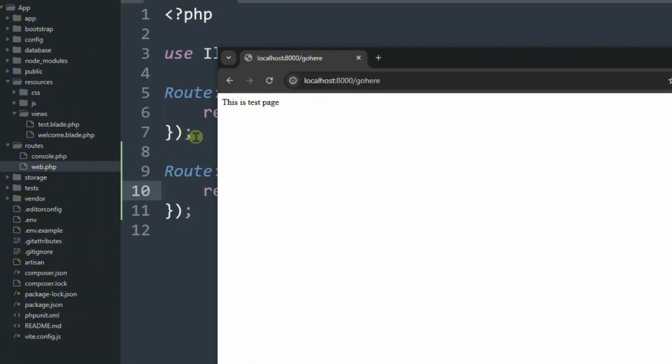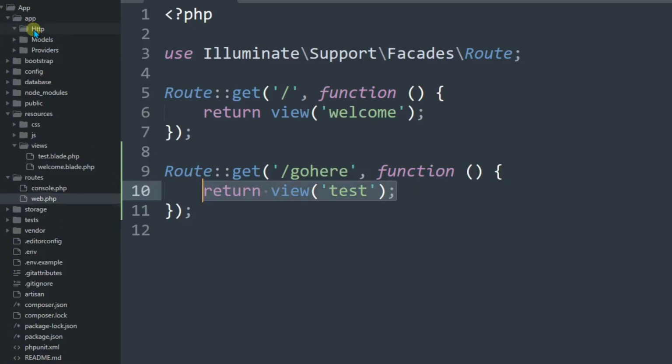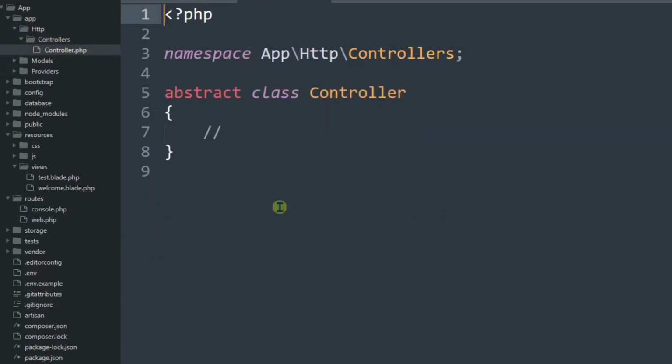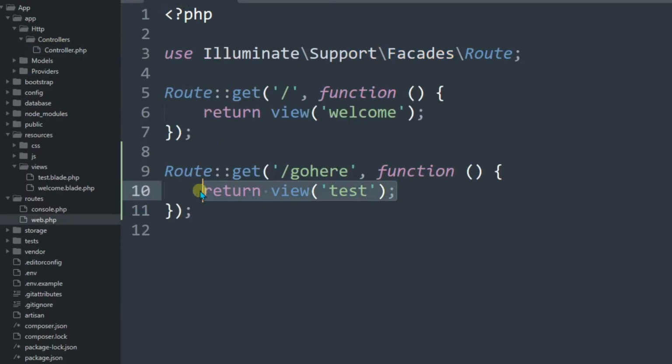So this is why we need routes, and we will do routing in the routes folder, inside web.php. Here you can see we have written the view directly here. We can actually do it another way also. How? We can go to the controller. We'll find controllers in the app folder and then Http controllers. We can create a controller by the PHP artisan command, and then go through the controller, do some logical implementation, and then